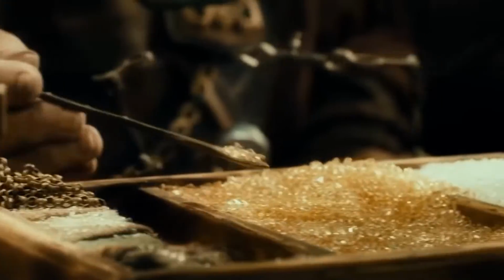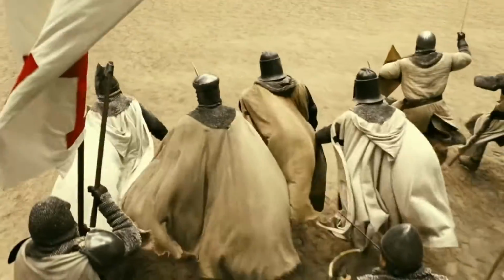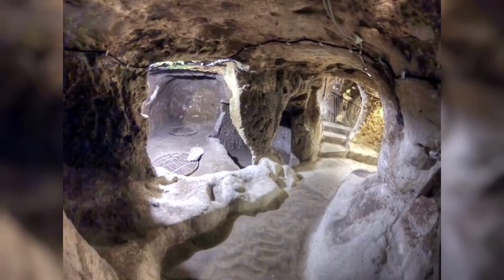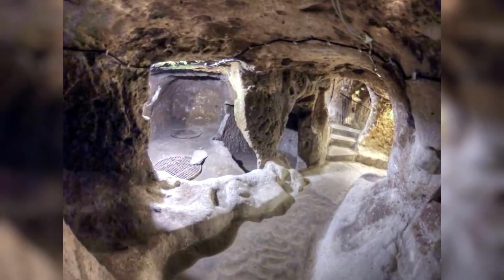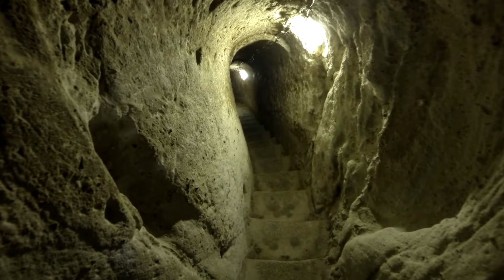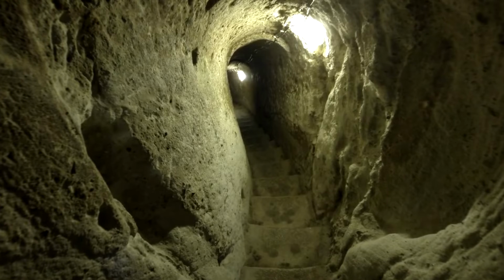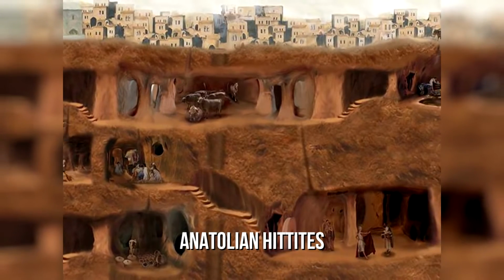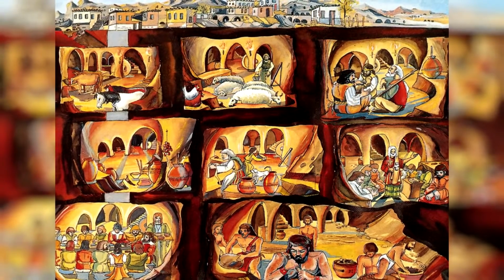It is known that during the Byzantine period is when the underground city flourished. During the Arab-Byzantine Wars, which happened from 780 to 1180, Derinkuyu was used as a refuge for Muslim Arabs. It was during this time that the long and dark tunnels connecting the subterranean cities were built. However, there is another theory that the ancient Anatolian Hittites used the area to flee invading enemies around the 15th